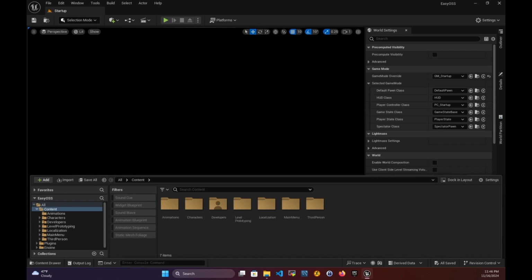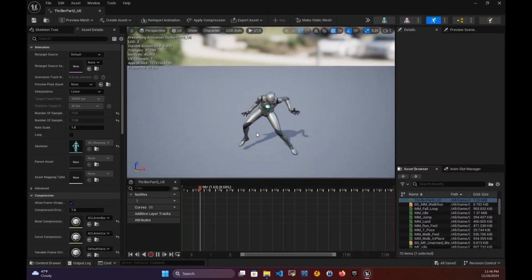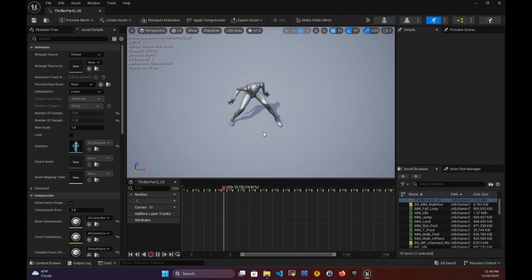I want to show you in this video an example of how to let a character of a member play an animation and replicate it to other members of the lobby. I have already downloaded a Mixamo animation, so I want to allow the player to ask his character to dance in the lobby. If you don't know how to convert a Mixamo animation to be compatible with the Unreal Engine mannequin,